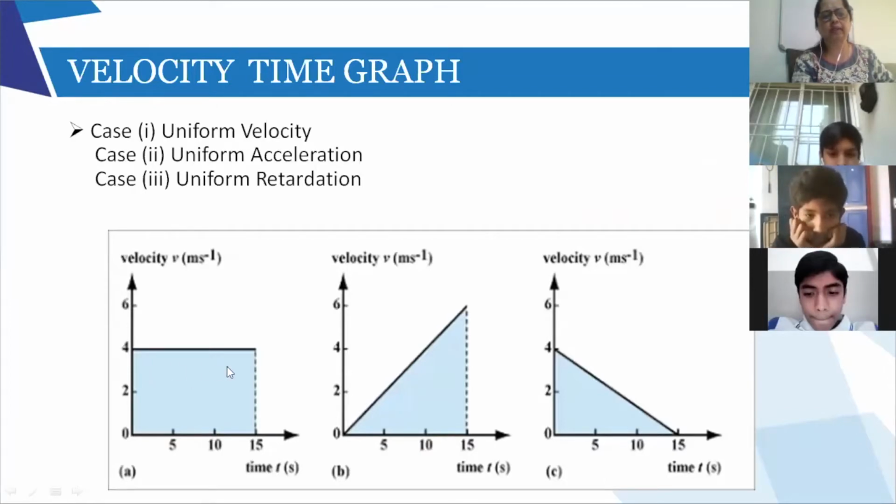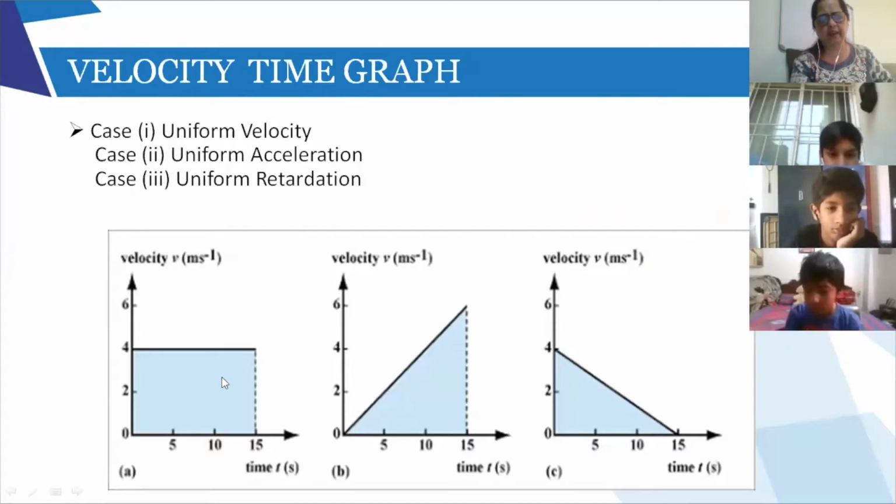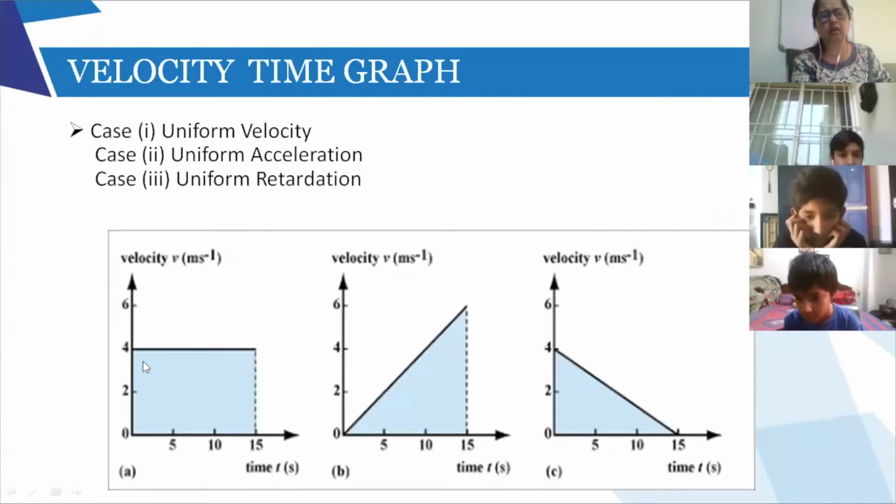Now look at this graph. Uniform velocity. Right? Now let us say that I'm on the express highway. I've started on the express highway. So I can easily go at 60 km per hour throughout the express highway, right? So I'm going at a constant speed. So this is constant velocity. This is the graph of a body that is traveling with a constant speed. So you can see that on the express highway, my car is going with a constant speed, right? So the velocity is constant.